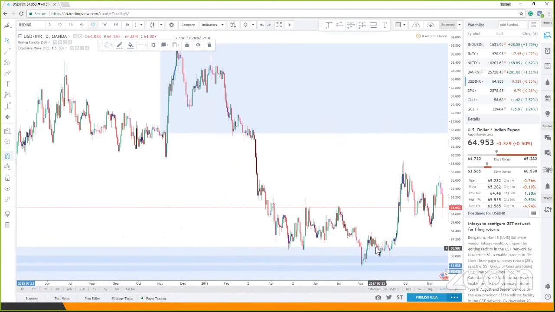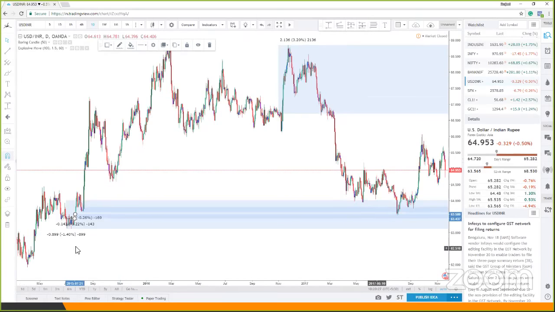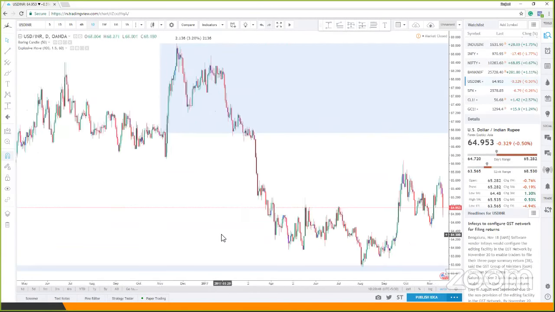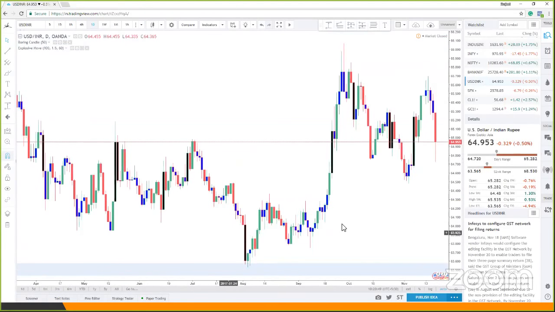In fact, the upper level has been violated. The lower level has already worked out, right? So that is what I told you. I was more keen on the one below. So the upper one has already been violated. The lower one has been tested. So even if the prices come back, we don't have anything quality to lean against. So this can still be used, provided you do it in a very safe way.